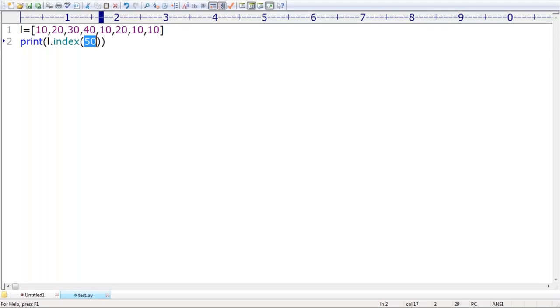How can we check? We have membership operators: in, not in, which we covered earlier. Let me go for a small example. This is my list L. Now target is equal to